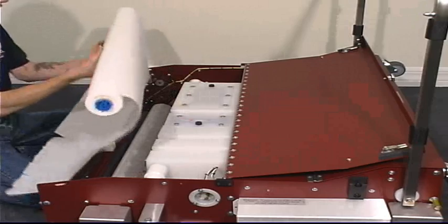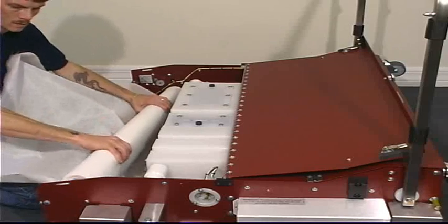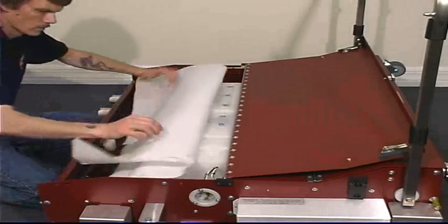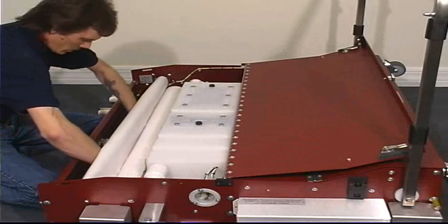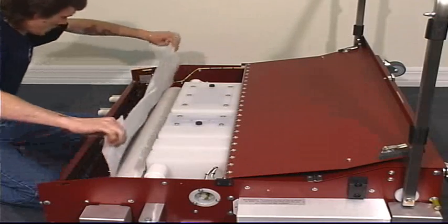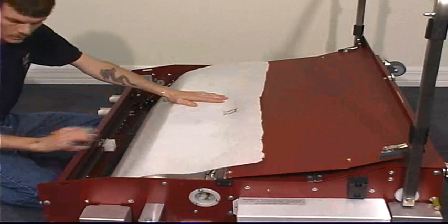Now we're going to unwind about 2.5 feet of cloth before we put the new roll into the lane machine. We will flex the cloth over, getting the ends even, and go around the cushion roller. And then bringing the cloth straight up, we will lay that across our recovery tank